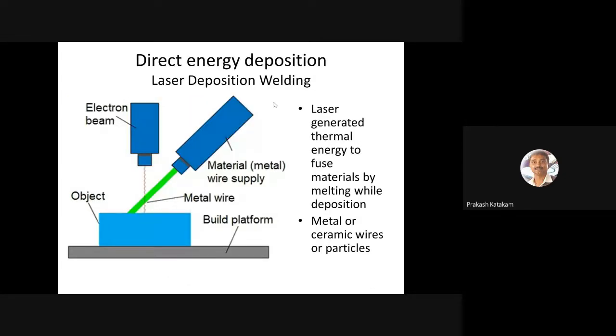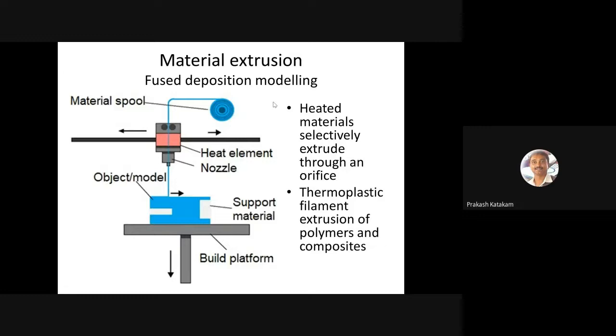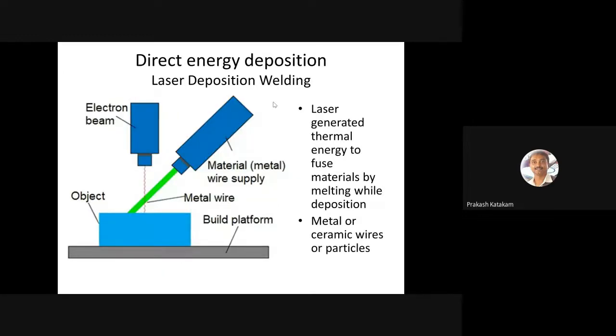It's a kind of welding technology, direct energy deposition, where a laser beam is applied to weld the material. Like in a metal welding process, once the material is heated, it will be converted into liquid form, and that liquid form can be used to print the material. It's the same way, but here we use plastic. In this case, we use a laser beam. And mostly this technology is used for high melting point substances like ceramics, metals, and wires.